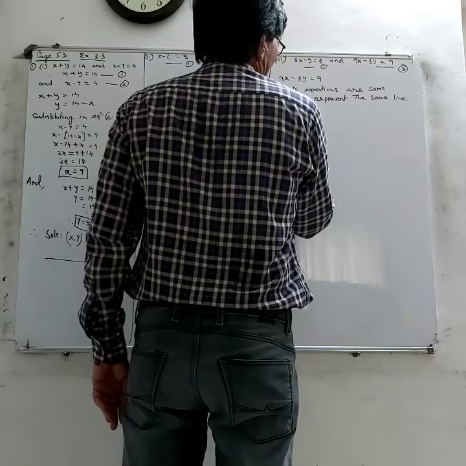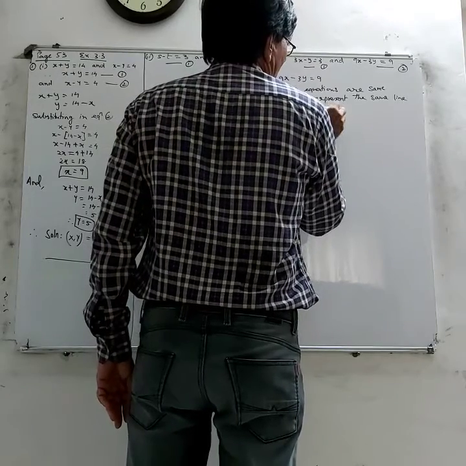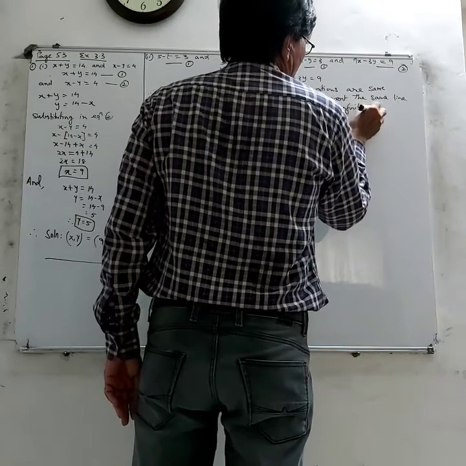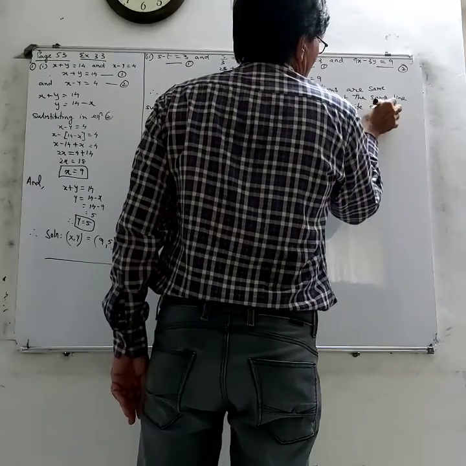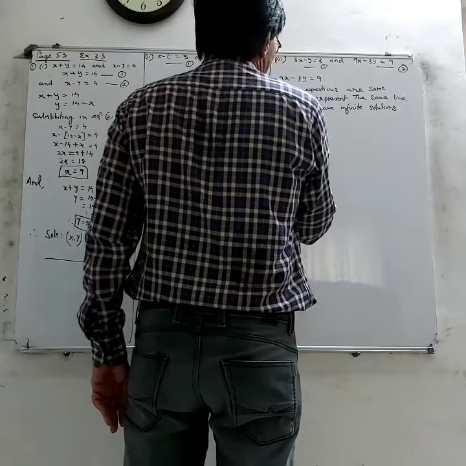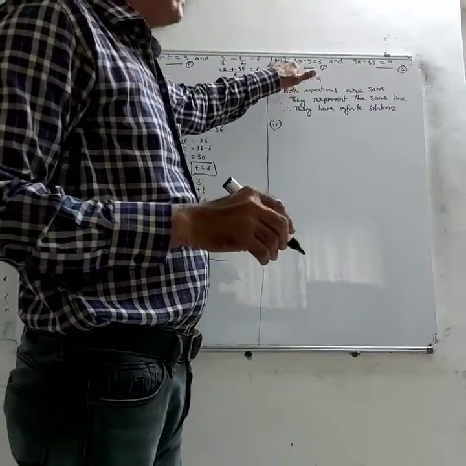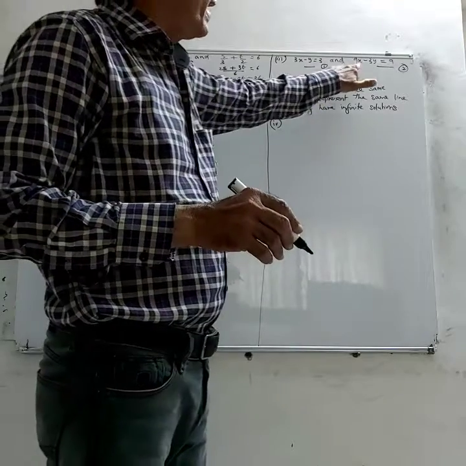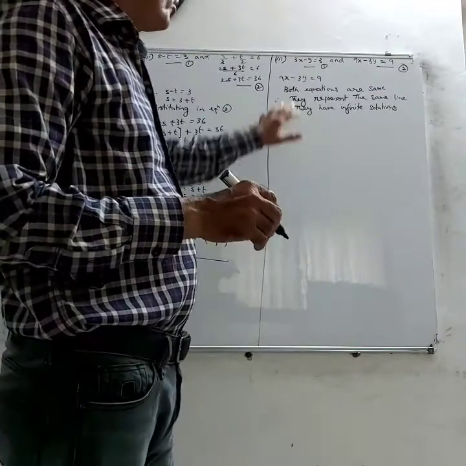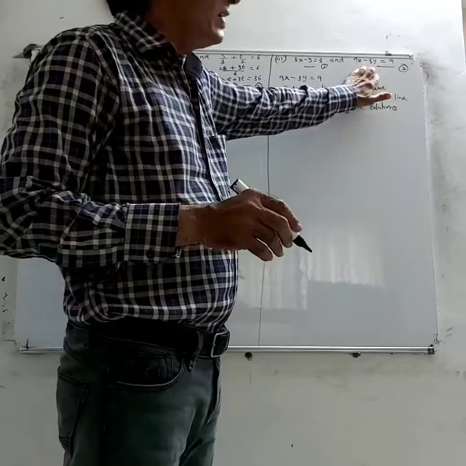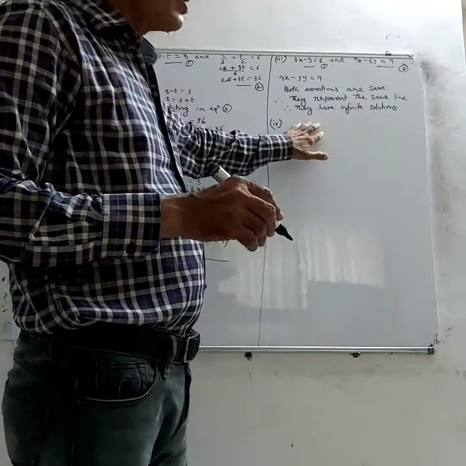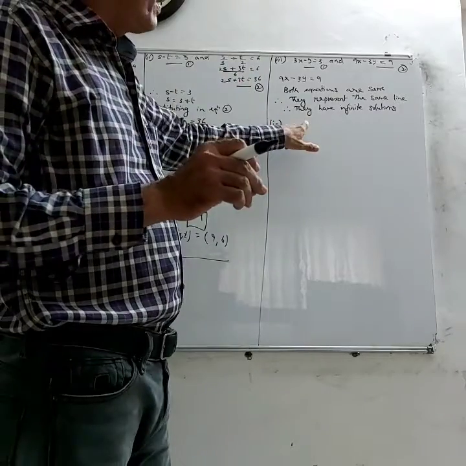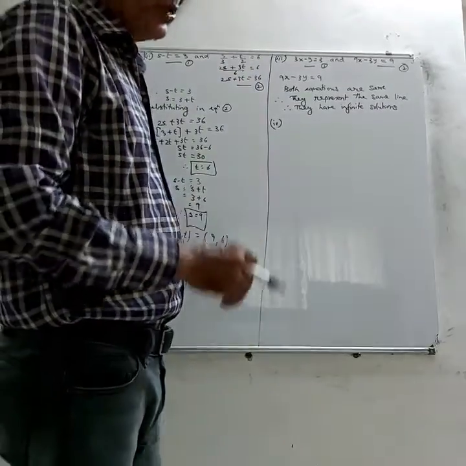Therefore, they have infinite solutions. See both of them. If I multiply this by 3, I get 9x minus 3y is equal to 9, and 9x minus 3y is equal to 9. So you can compare this equation with this one. They are the same ones. And because they are the same, that means they represent the same line, one single line, and therefore they have infinite solutions.